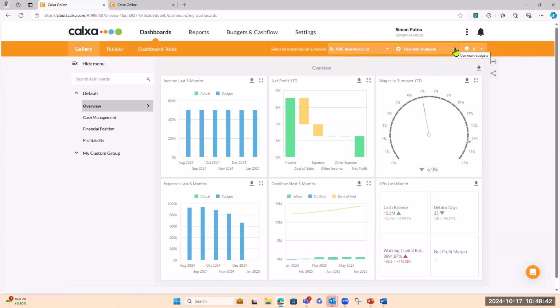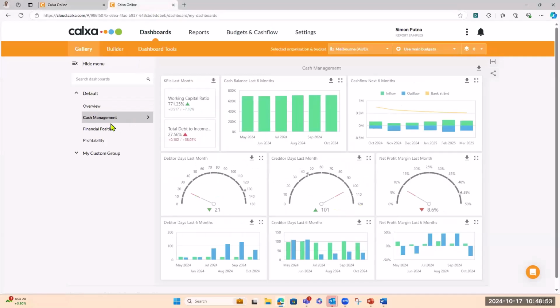Similarly, you can change your budgets. And if you want to, and you're used to looking at scenarios and scenario budgets, you can in fact add scenarios in here as well. Let's flip over and have a look at some of these other ones. So I've got a cash management